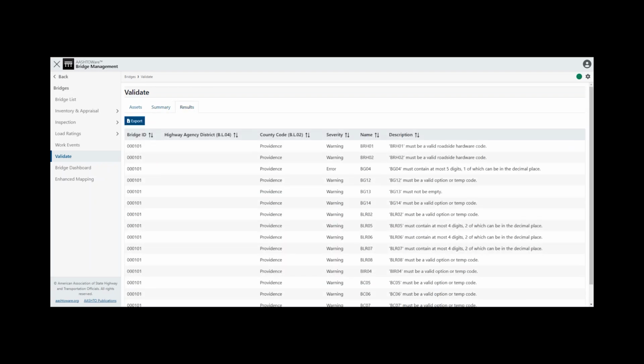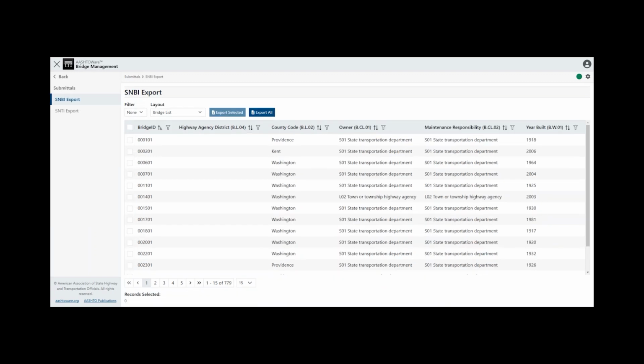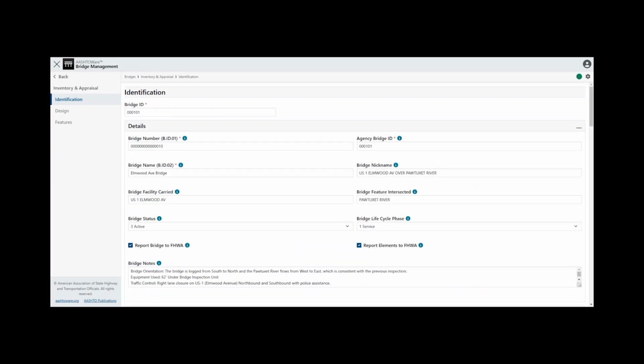The Results tab displays each information, warning, or error message in detail. The Submittal's SNBI export page allows you to select one or more bridges, and then to export those bridges' data into a JSON file for submittal to FHWA. You can exclude bridges from the SNBI submittal export using the Report Bridge to FHWA checkbox on the Bridges Inventory